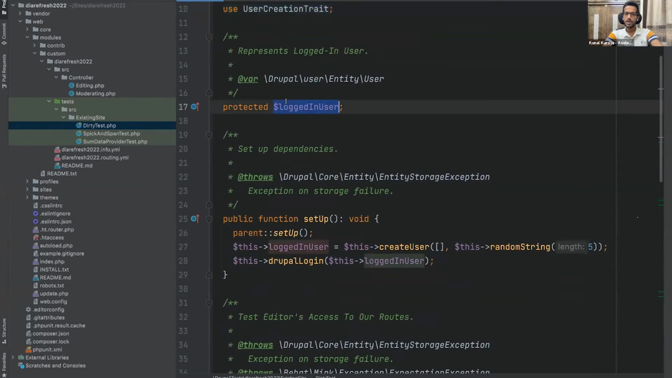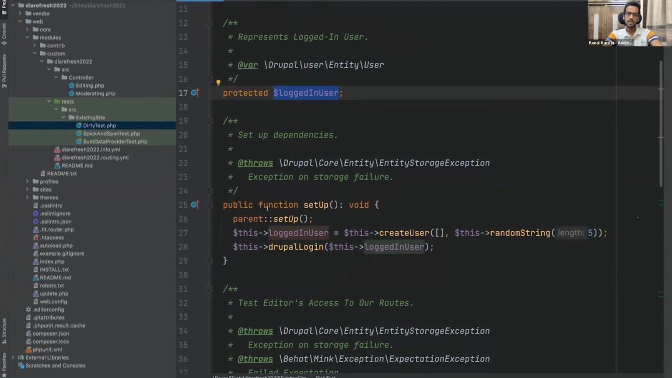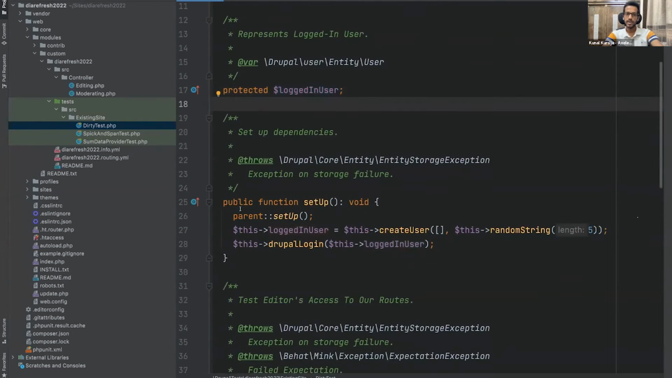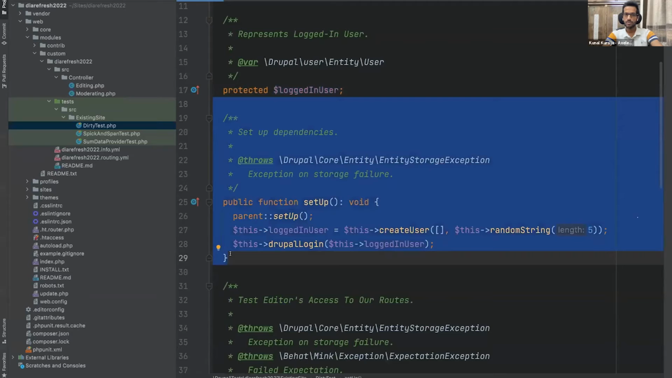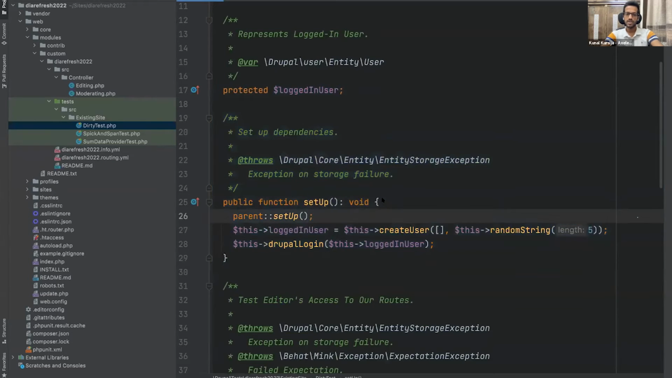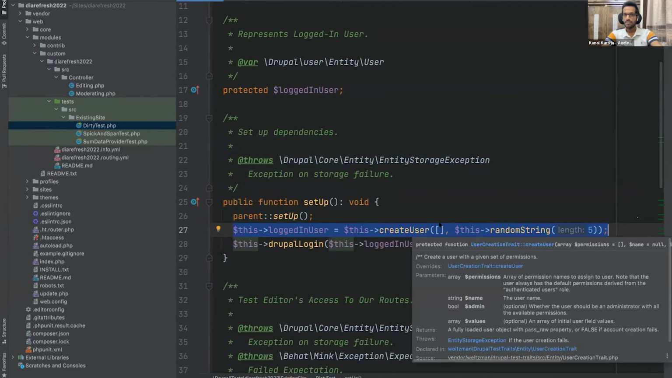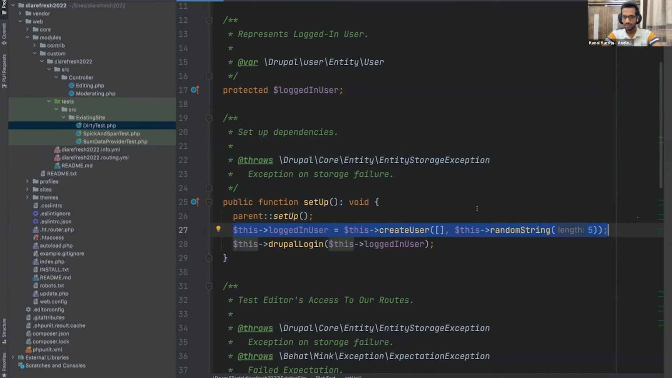We have a protected property called logged in user. Now, when any test is executed, the first function that gets called from this file is the setup function. In the setup function, we write basic stuff like create the user, log that user in, etc. So we are writing this first line where we are creating a user which does not have any permissions, which does not have any roles,